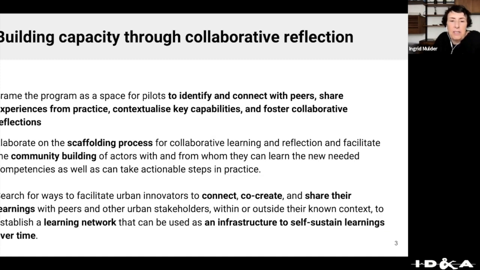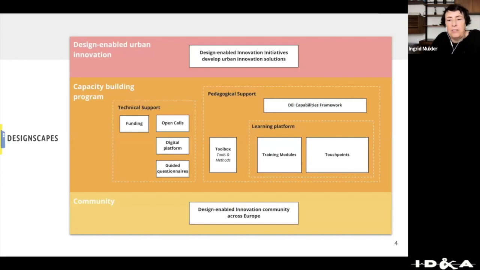This program, called Designscapes, had the means to fund roughly 100 mission-driven innovation pilots that were selected along 3 different stages of innovation maturity, which means that the subjects of our study varied from projects carrying out feasibility studies to prototype solutions embedded in the urban context, towards projects that aim to scale impact to another context. In other words, the Designscapes context provided us an ecosystem of emerging coalitions experimenting with design methods and approaches to